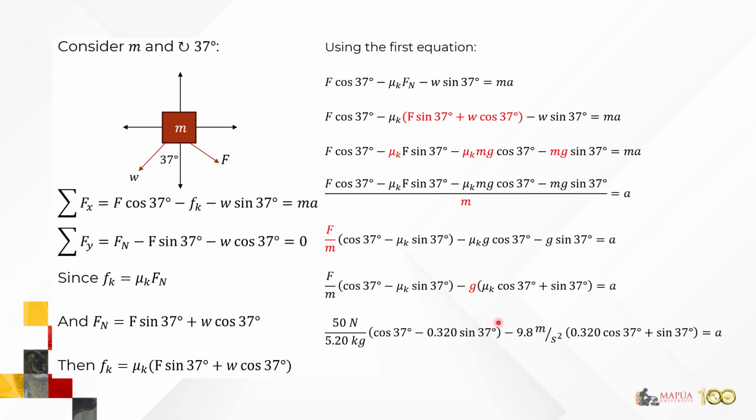Next, we can now just substitute all the given values. You'll notice everything here is given on the left side, and then we can just solve for a on the right side. If you try to evaluate on your own, try to plug it in on your own so that you know how to plug in this type of equation into your scientific calculator. And then you should get an answer of a is equal to negative 2.57 meters per second squared.